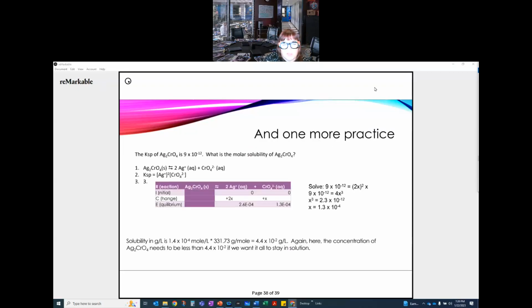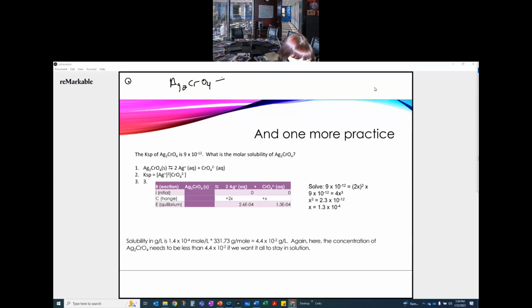I think what I'd like to do is walk through this particular question, because even though I have everything worked out on here, I want to walk you through how I set this up. So I see that it's Ag2CrO4, right? And that tells me that the CrO4 has a 2 minus charge. So I know that it's going to be an